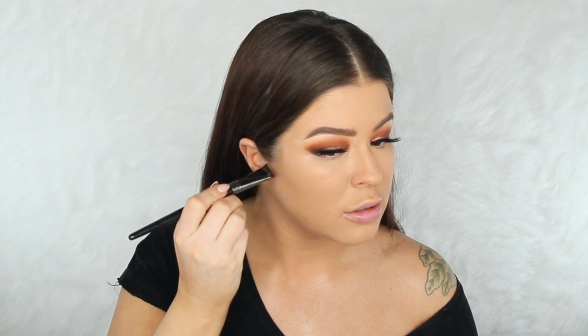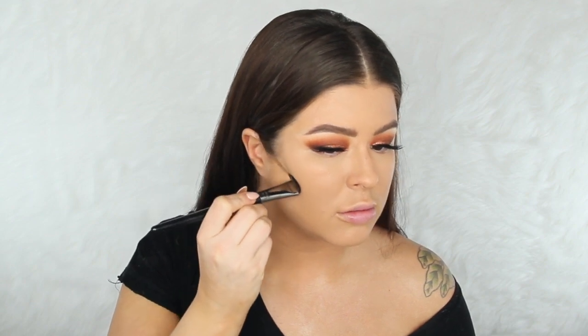The Morphe E47 brush. I needed something to apply my cream contour with, and it was the thing that I thought might do the best. I don't really know what else this is used for. So I'm just going to take my Tom Ford contour kit. This is nice. To blend it out, I'm going to use the Morphe